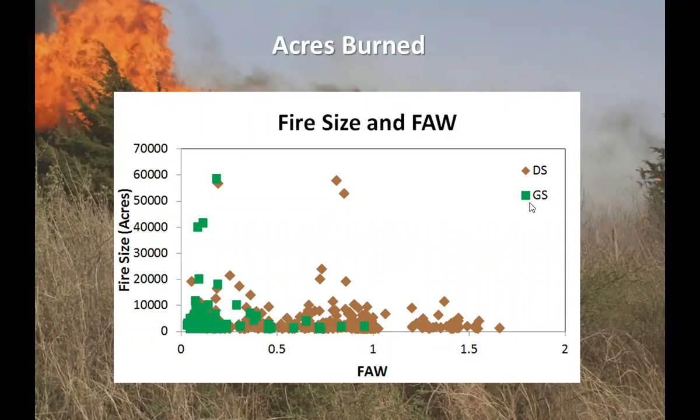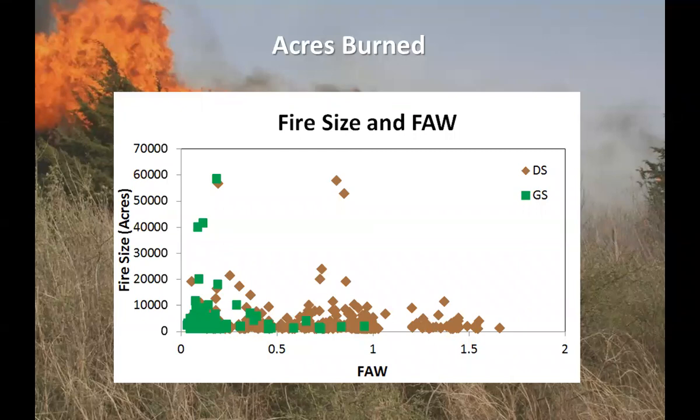And you can see during the growing season, most of the large fires occur at an FAW value of 0.25 or lower. Actually, most of them occur at 0.2 or lower, whereas during the dormant season, the FAW values are scattered all over the place. So that shows, along with other research we did, that fire activity and fire size are closely related to FAW